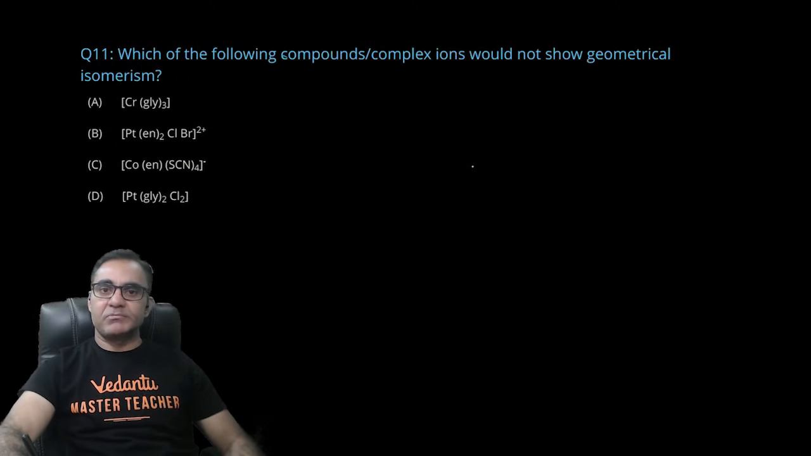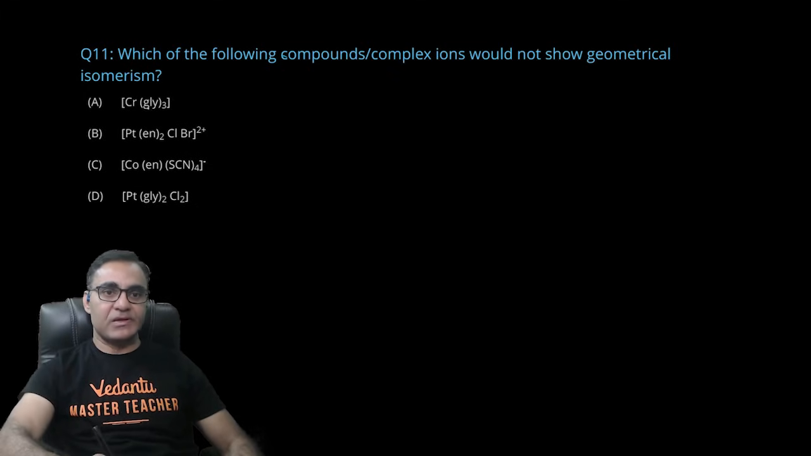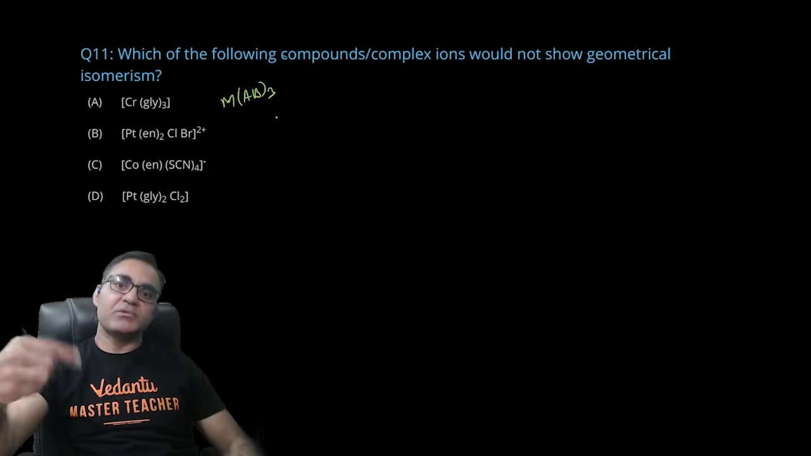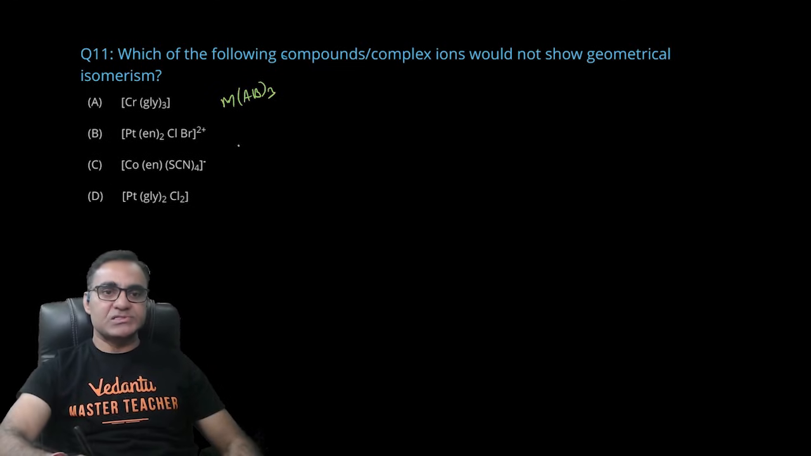विच ऑफ द फॉलोइंग कंपाउंड्स और कॉम्प्लेक्सेस वुड नॉट शो ज्योमेट्रिकल आइसोमरिज्म, किसमें पॉसिबल नहीं है? देखो, पहला कंपाउंड है Cr(Gly)3, ये M(AB)3 टाइप का कंपाउंड है, इसके अंदर ज्योमेट्रिकल पॉसिबल है, AB एंड AB कर दो आप, तो इससे आंसर नहीं होगा। Pt(Cl)(Br) को सिस में रख सकते हो, ट्रांस में रख सकते हो, तो इसमें भी पॉसिबल है।